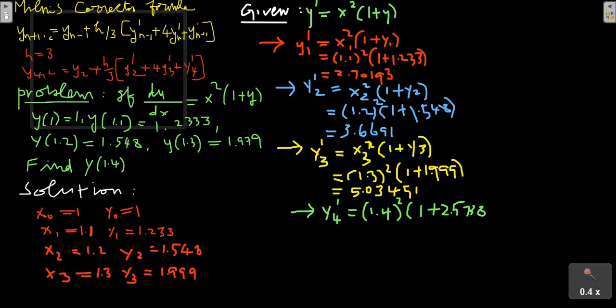That's what we have to find out. x4 is 1.4, where does this come from? Okay, so now if you substitute this and simplify,